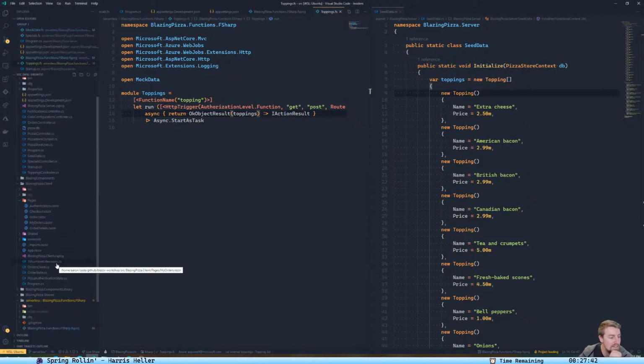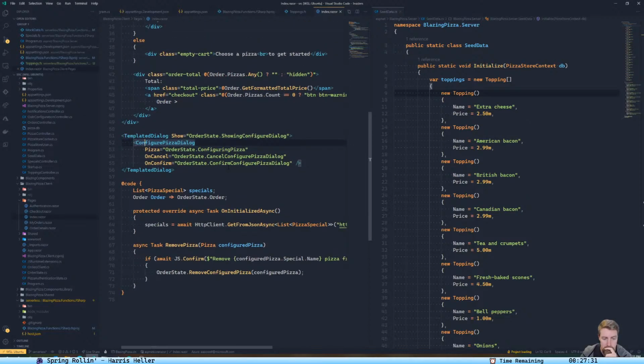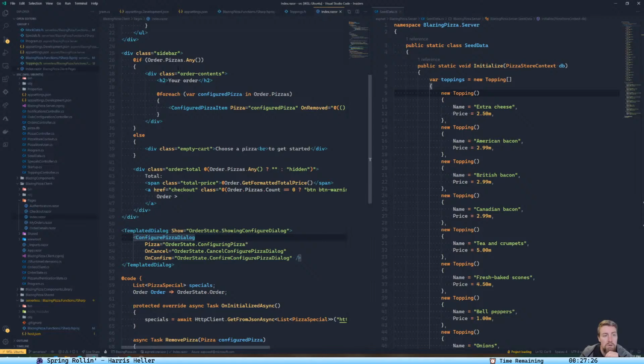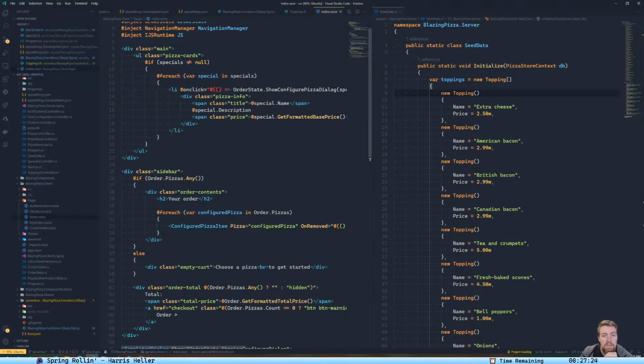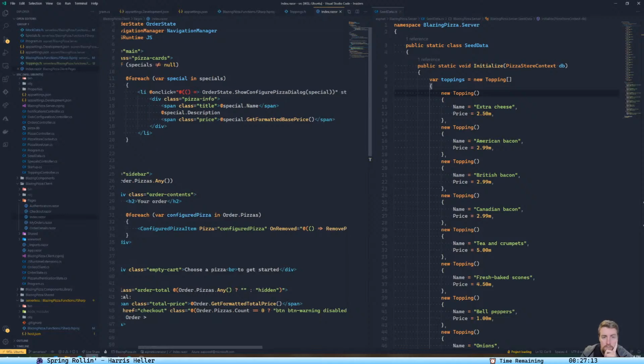So let's have a look at that pop-up thing in here. So the index.json, it's going to be this configure pizza dialog, I think. Let's have a look. So your order, no, here's the pizzas, so that's the name. Yep, okay, so when we click on a pizza, it goes order state, show config pizza dialog,